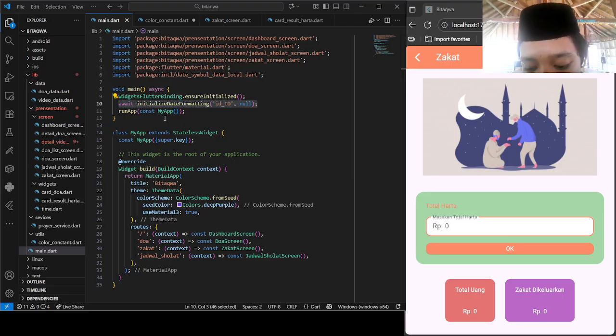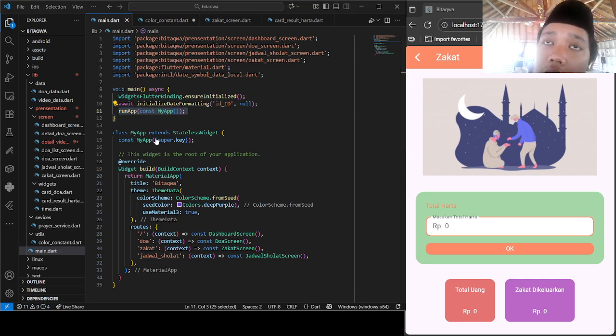It's for making ready the format of the date, especially the Indonesia date. So, for example, if the date is 31 October, it can show like that. And then runApp const MyApp. This is for running the app and calling the main widget that is called MyApp.